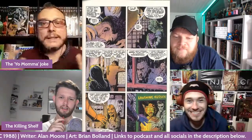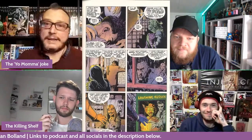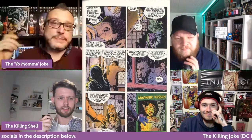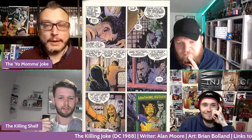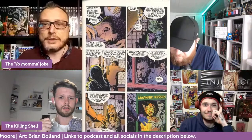Yeah, I read OG style, so I picked this. Not the most interesting panel. I will be honest with you, it was my second choice. There's a reason I chose this, because, and this is really the main and only thing I wanted to say about this book, because everything has been said about this book already, but everybody thinks of this as a Joker story. They're like, oh, it's the best Joker story ever written. And I honestly think, having read this so many times in my life now, Batman gets very overshadowed in this